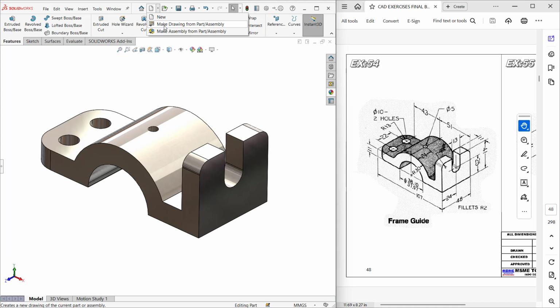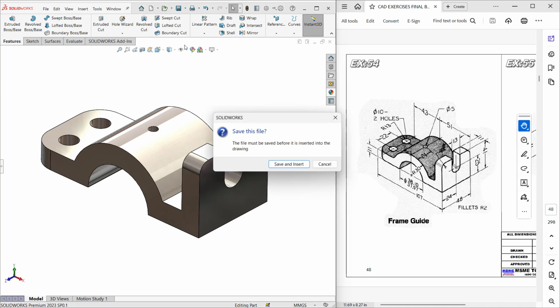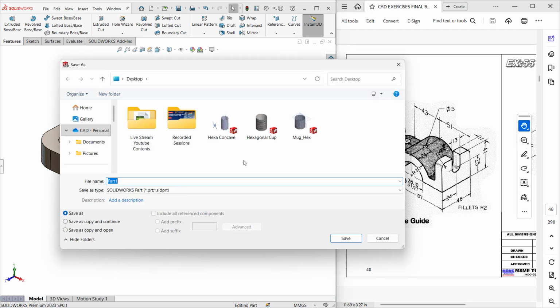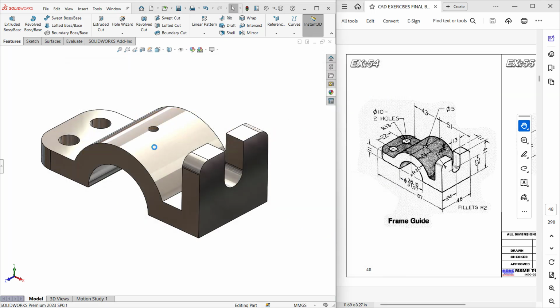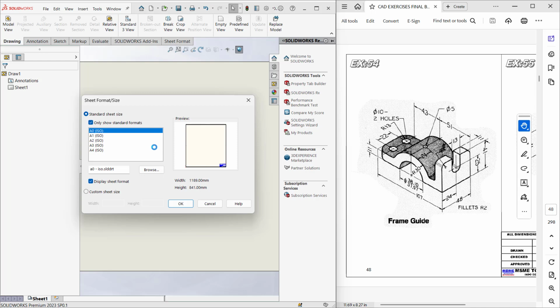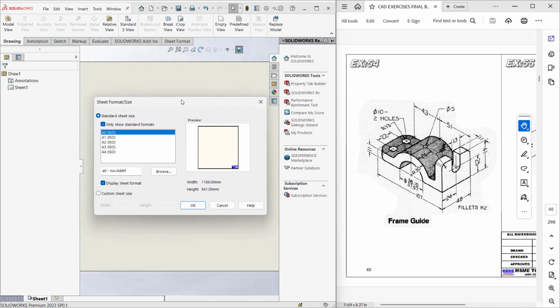You can access. Okay, just select this, make drawing from the part. Now it will ask you for the saving location. So what I'll do is I'll just try to save this. Yeah, on the desktop, let us take it as part 1. So it will be saved, and now it will try to access the